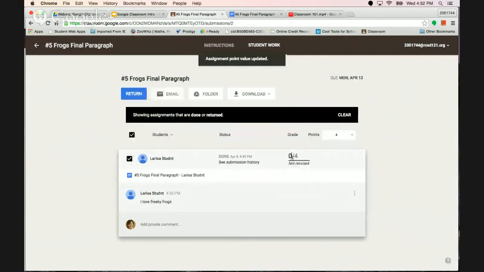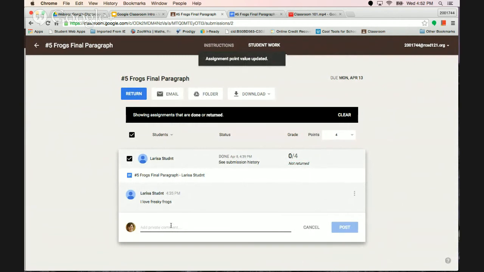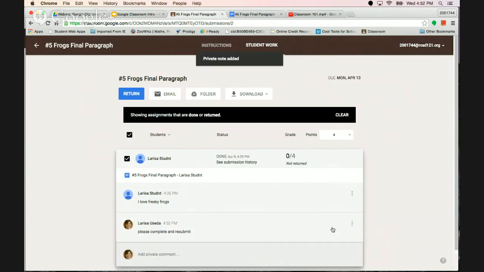So I'm going to give the student a 0 and leave an overall comment here. Please complete and resubmit. Now, I can post my comment, but I need to return it and see how it automatically checked this, and I need to return it to the student.